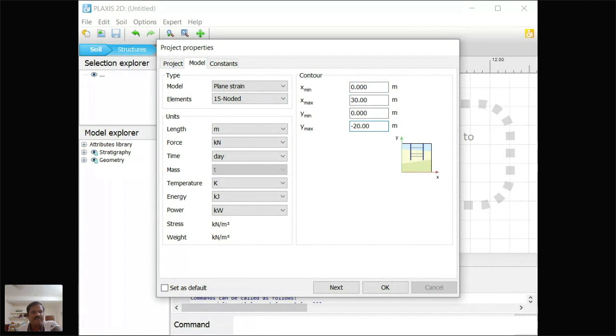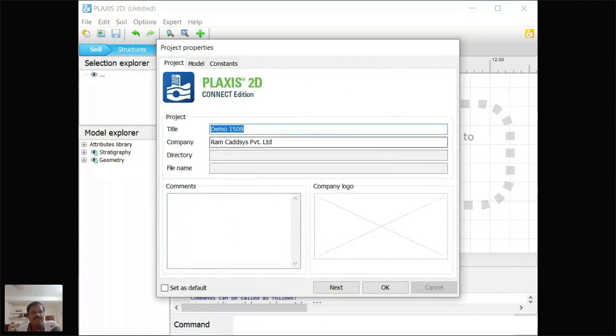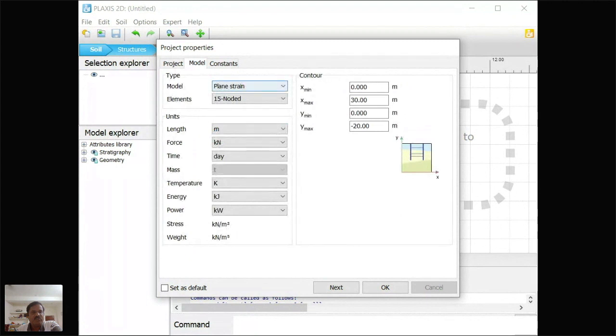So here what we are doing: in project, you need to give the title. In the model we need to choose what type of model, whether plane strain or axis symmetry, and the triangular element, whether 6 node or 15 node, which element we are going to apply in our project.